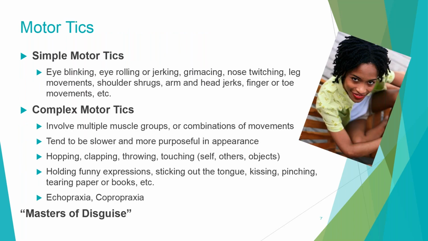That could be Tourette-ish. So you have classifications of tics, and they're simple and more complex. So the simple motor tics are eye blinking, eye rolling. It's usually around the face, the head. The interesting thing, though, is a lot of these are things that you can't see, or you won't see.